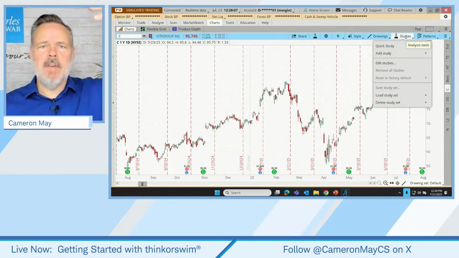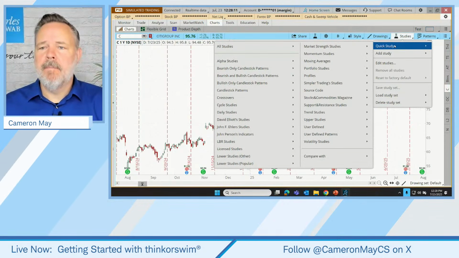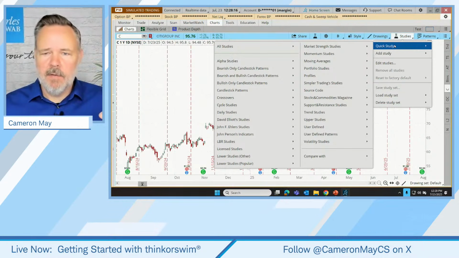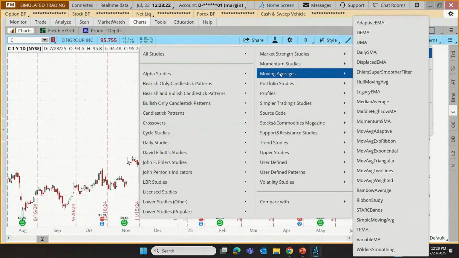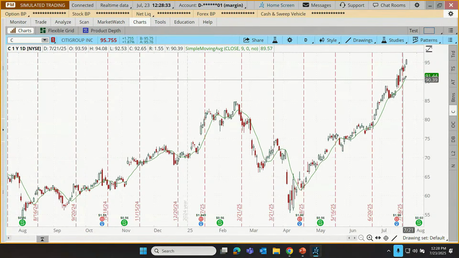So instead of just having a big, long alphabetized list, I can choose from a menu of categories of studies. So for example, our simple moving average, we might use a moving average group, and we can find it right there. There's our simple moving average. And that quickly adds that study to that chart.